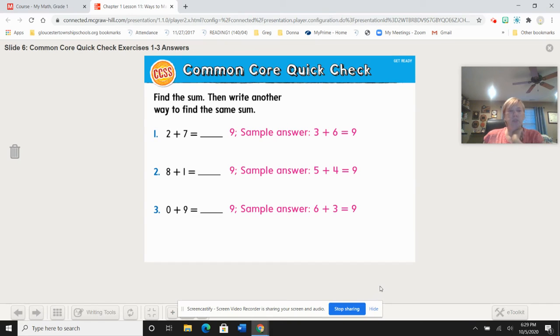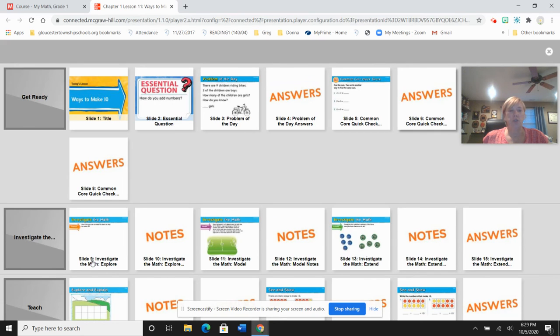Okay, here's your answers. They also wanted you to figure out some other ways to make that same number 9. Because here it says, then write another way to find the same sum. And that's not a bad practice if you want to be challenged a little bit, but I'm really wanting you to practice doing just the addition on this. Okay? All right, so now let's get to,